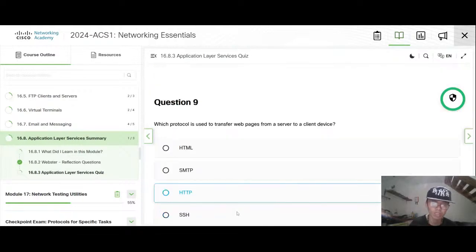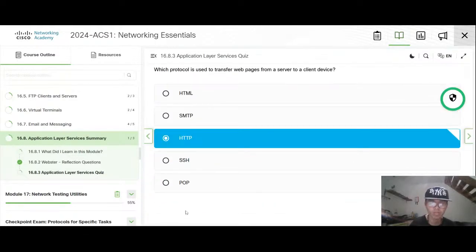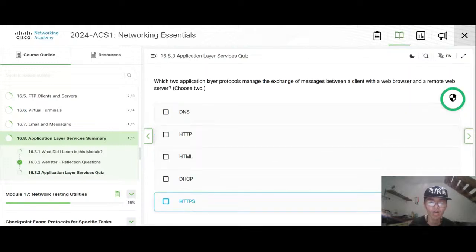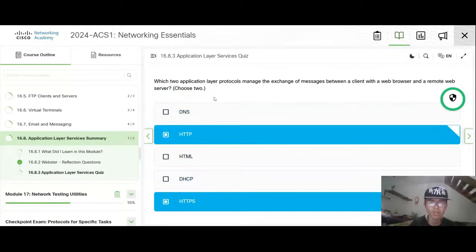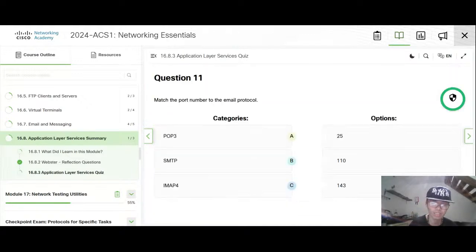Just try this, from a server to a client. Remote web server. It needs to change the name to the IP, often something like that.